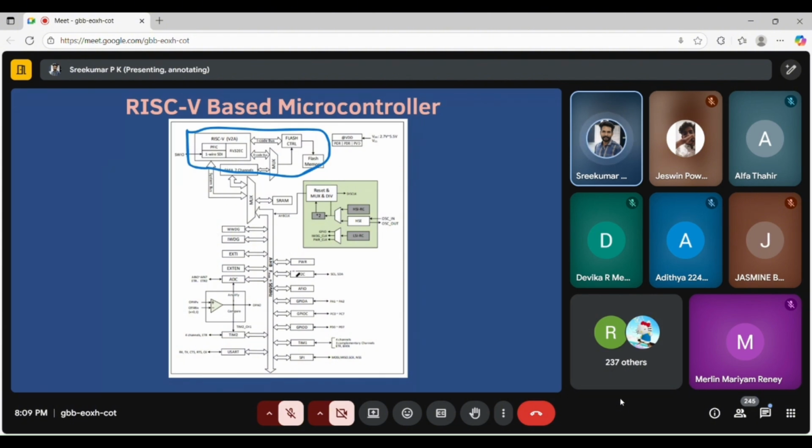You can connect a module with the help of a bus implementation. Something like that you can do. You can make your own chip if you are an intelligent Verilog coder. Not intelligent, if you are a consistent Verilog coder or a Verilog learner.